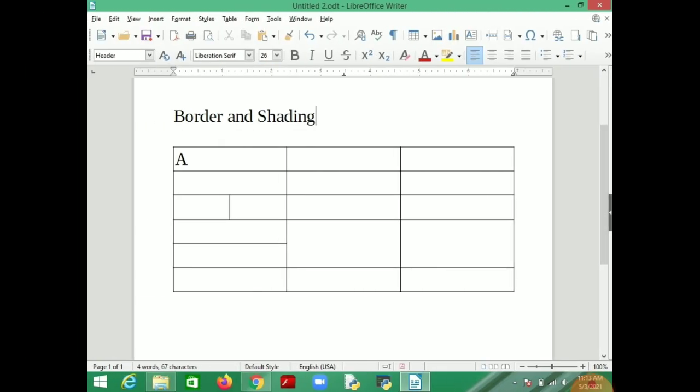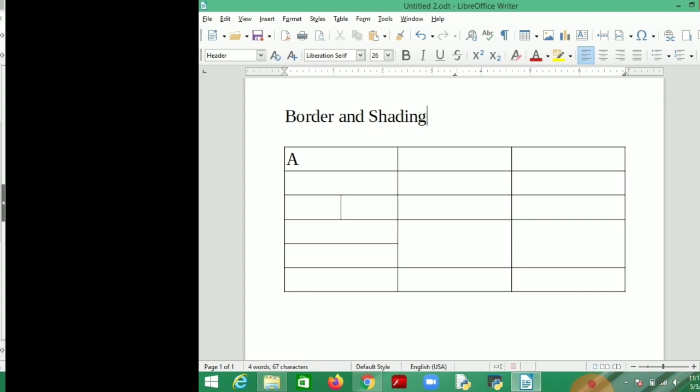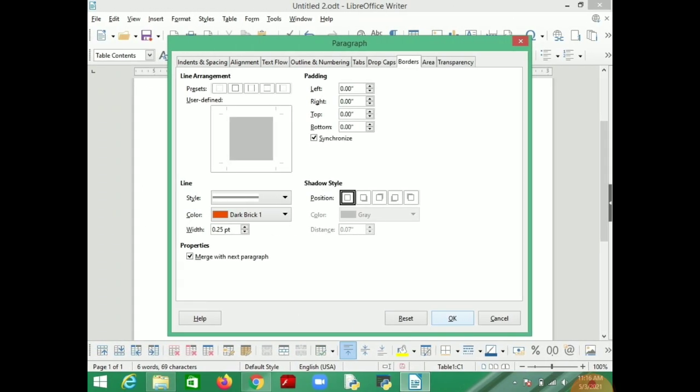So next is border and shading. Go to paragraph from the format option, where you press borders, so you can choose borders for your paragraph.